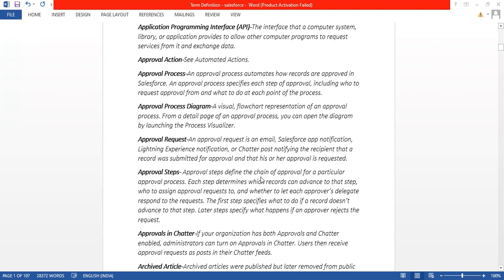Approval step: a step defined as a chain of the approval process. Each step determines which records can advance to the step, who to assign the approval request to, and whether to let each approver delegate the response to the request. The first step